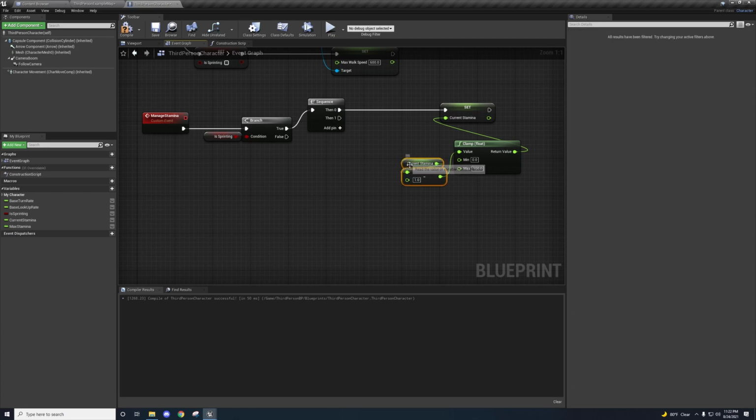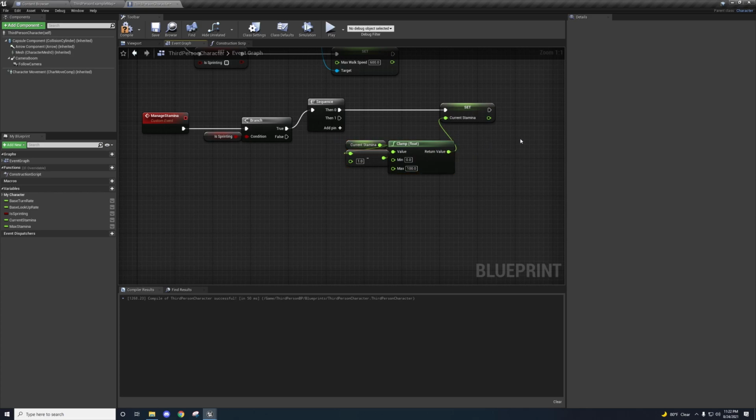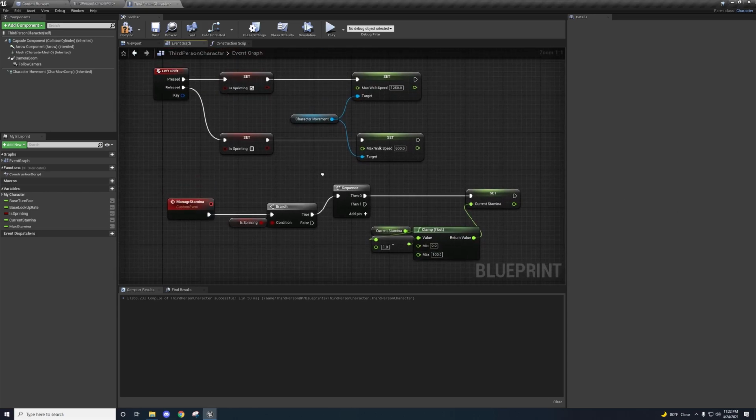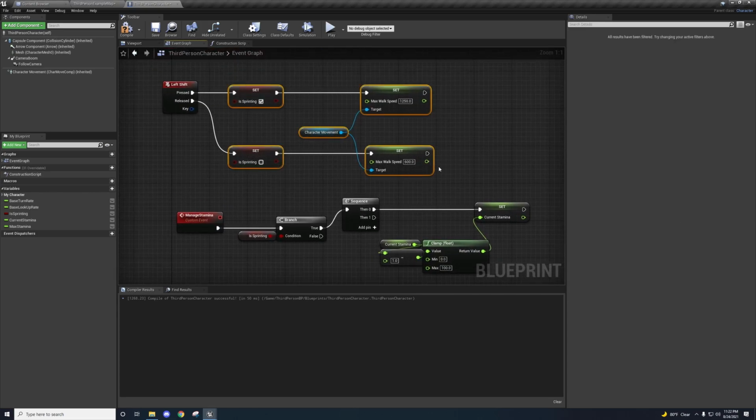And I like to stack my things in a nice little bundle here, and that takes care of that. So the first thing that happens is we are going to set our stamina to our current stamina minus 1. Which also means that if we want to enter into